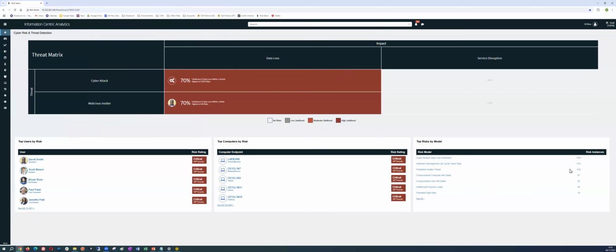Right. So with that incident prioritization in mind, this is the first. This is the drop page. So this is the cyber risk threat detection. This is inside the overview dashboard. You will see in that top section,